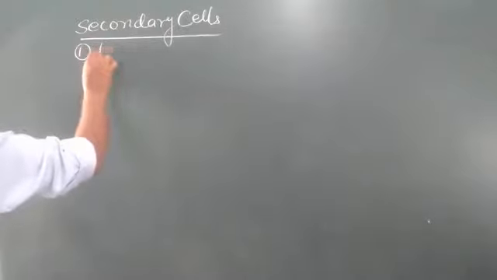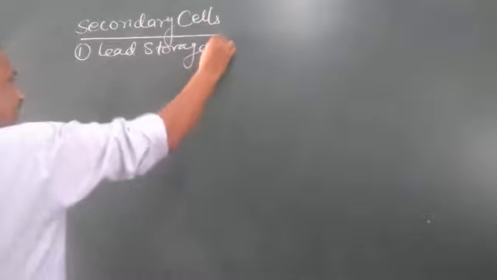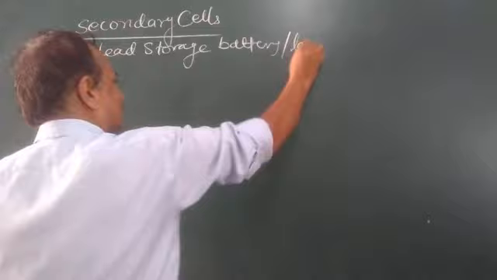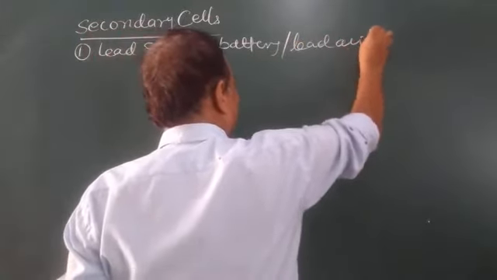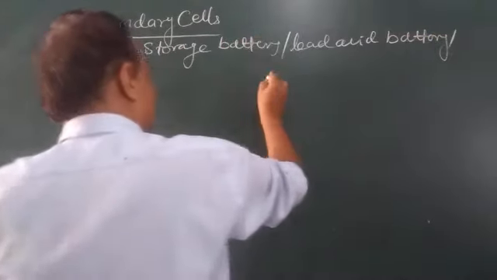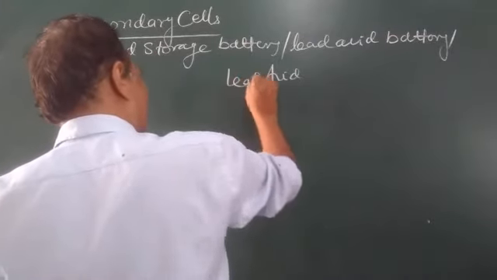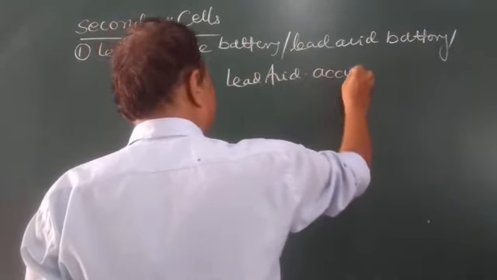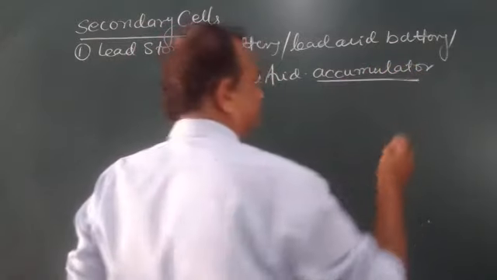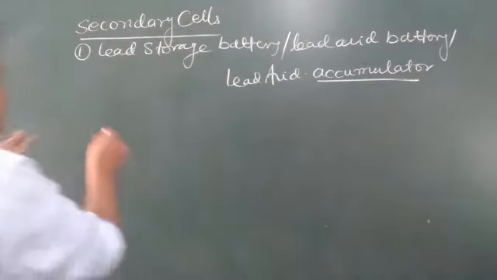First is the lead storage battery. They are also called lead acid battery, or acid accumulator, or lead acid accumulator. Accumulator means they accumulate the current. So this is one. The second point is